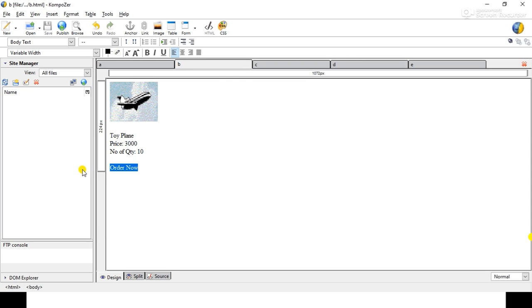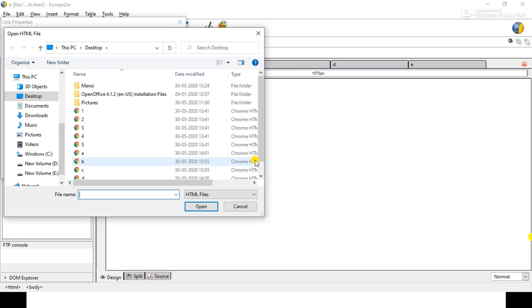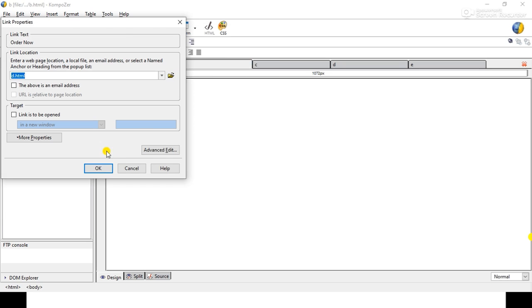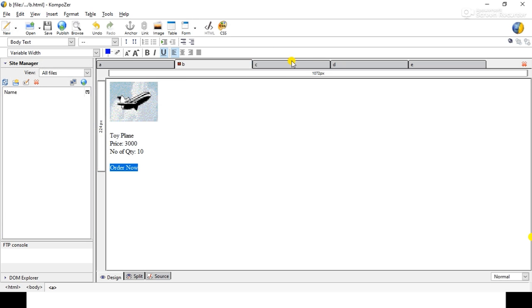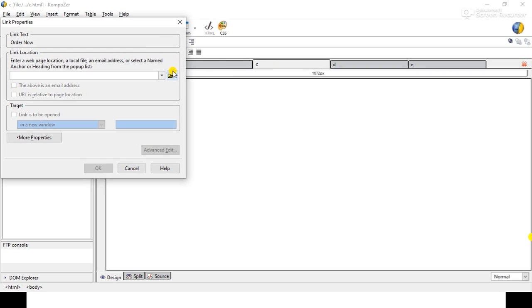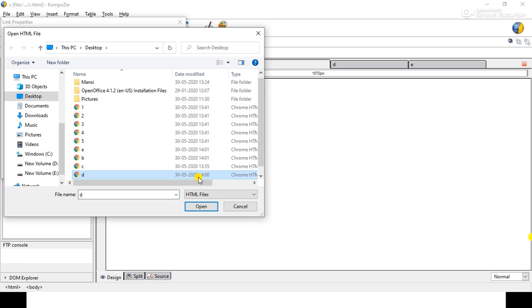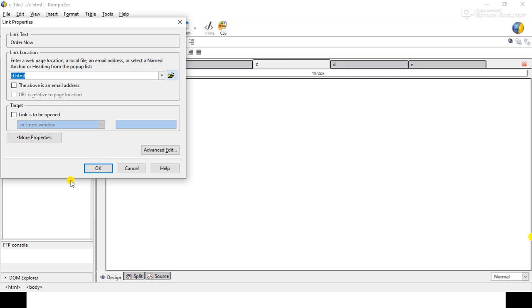So click this order now, create a link, open the browser and we will select this D and open. That's simple. OK. Similarly in this, firstly we will save this B page, and for this C we will select this order now, click on link, browse, and again we will select this D and open.